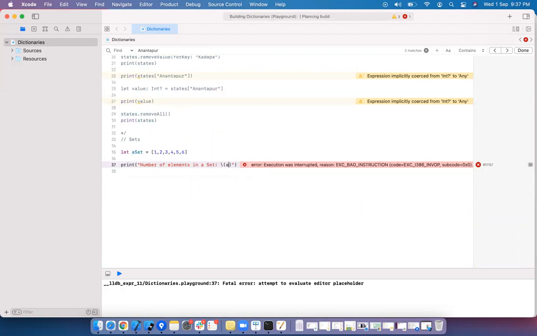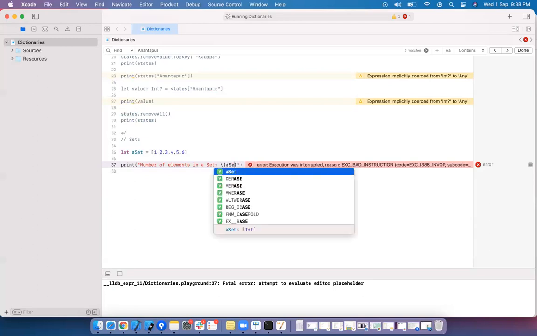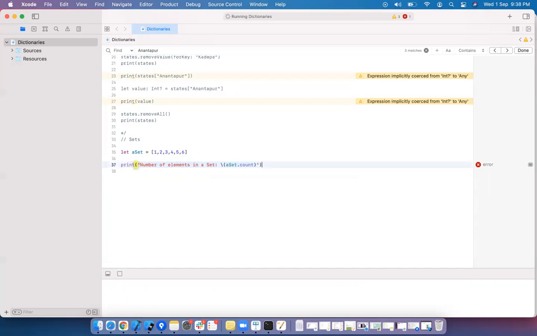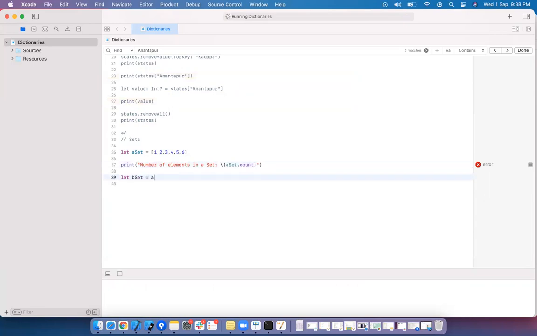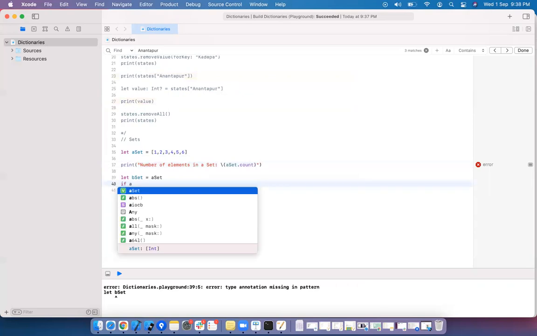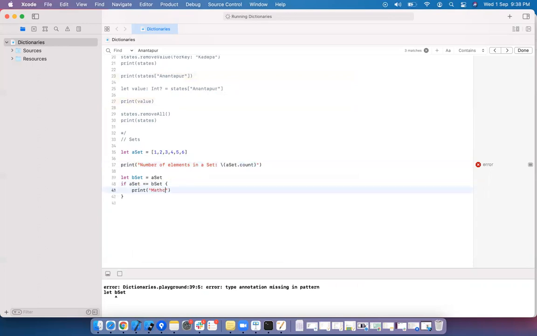How to get it? A set dot count. Count gives you the number of elements in a set. Then I want to compare. Let B set equal A set. A set double equal to B set prints matches because these two are the same.